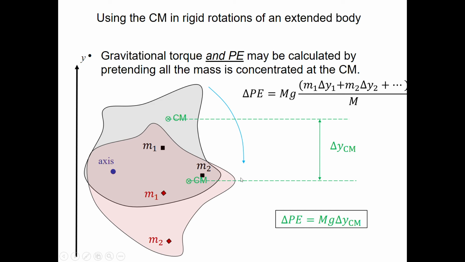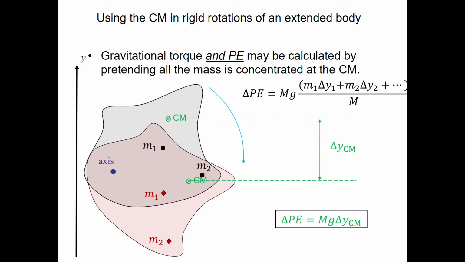And here it is after rotating. This is the change in the y-coordinate of the center of mass. If we can figure out what that is, it's easy to calculate the potential energy change from this point to this point. The object has gone down, so it's reduced the potential energy stored between that object and the Earth,